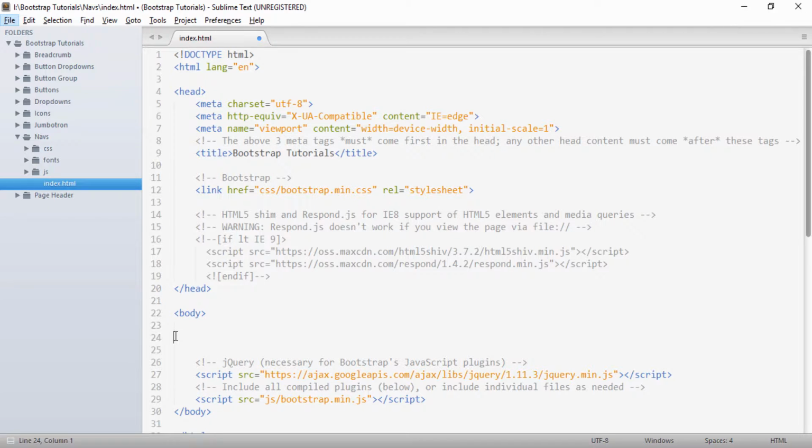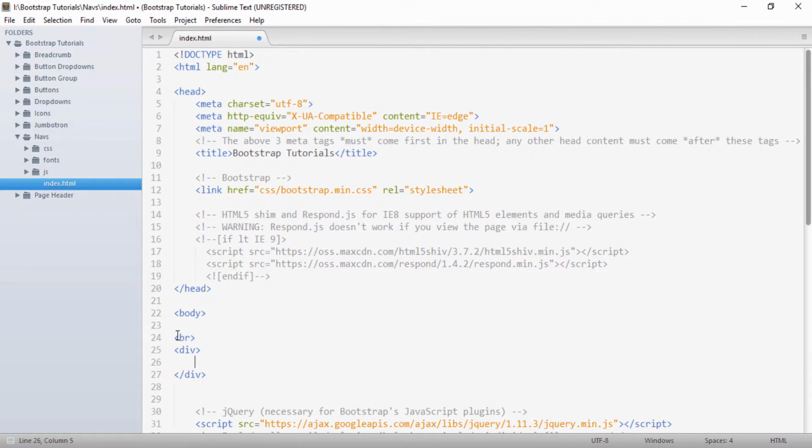So friends, after placing the Bootstrap CSS and the JavaScript file which we discussed in our first tutorial, I will start coding for the navigation components. First I will create a br, and then I will create a div.